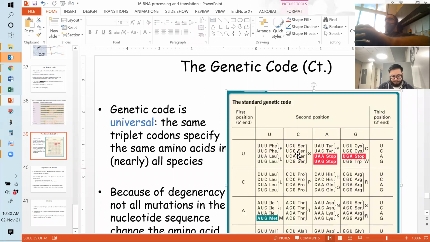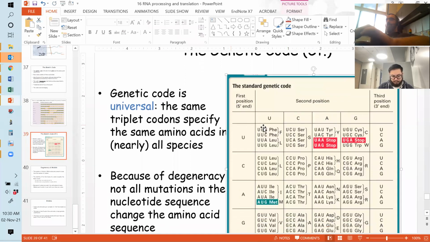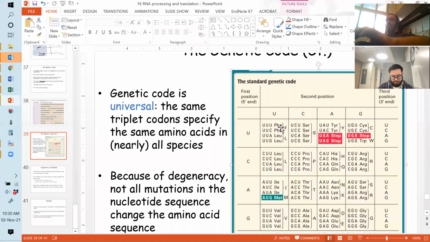So we can have single base changes within the genetic code and not have a change in the amino acid sequence. What we absolutely cannot have is insertions or deletions of bases into the open